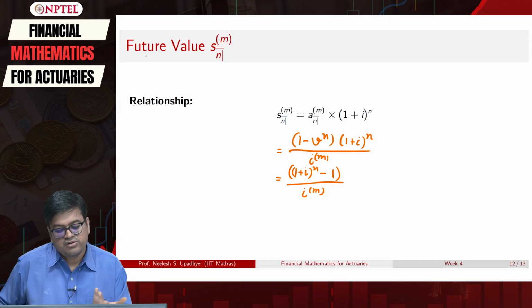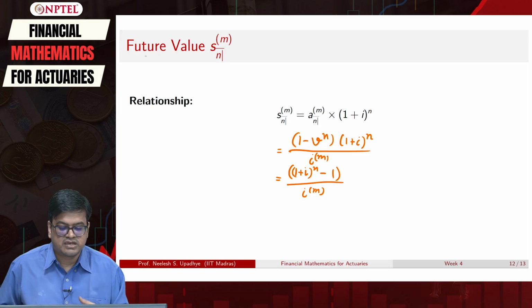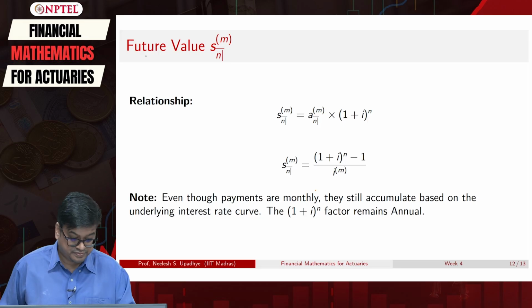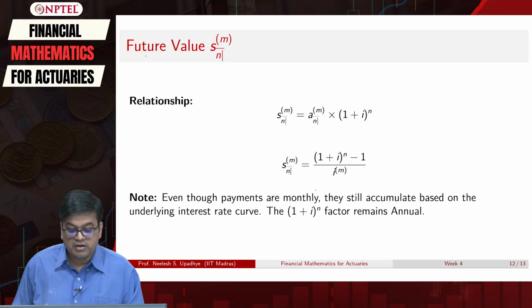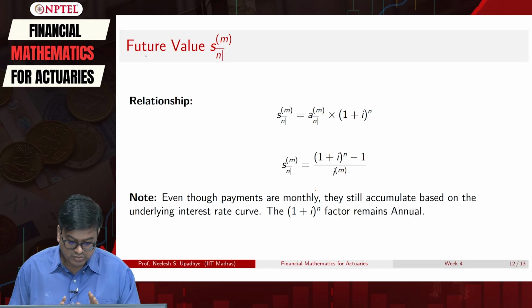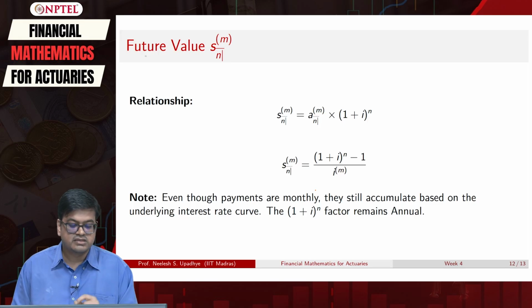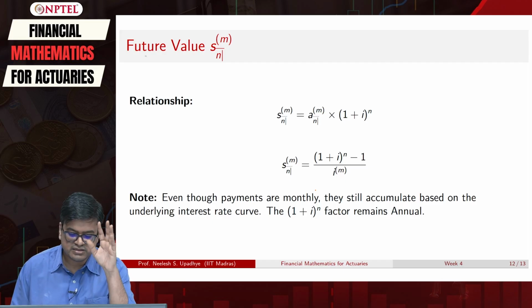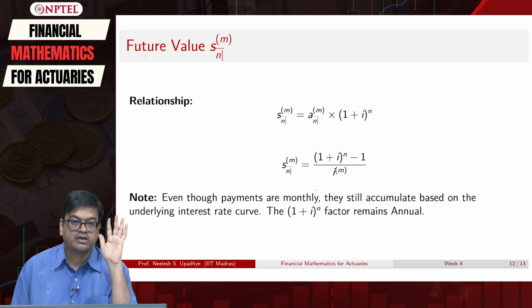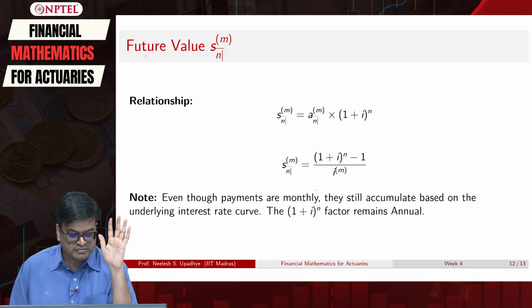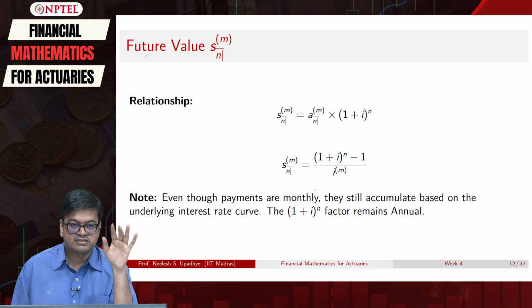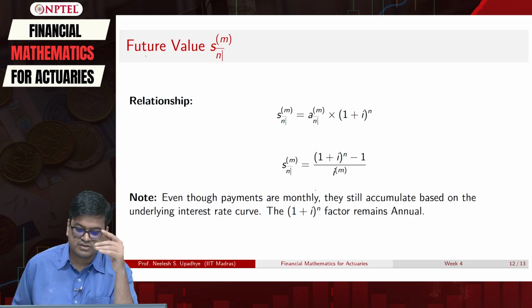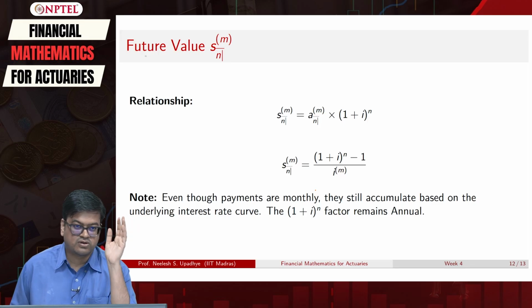So this is how we will get the relation. You do not really have to memorize this relation. If you are asked for a future value, look at how many periods and just multiply by 1 plus I raised to n. Now, one note that we have to observe is that this I that I am writing is the effective interest rate, because this effective interest rate is the annual interest rate which will remain annual. We do not have to worry about it. So the numerator, as it is multiplied by 1 plus I raised to n, gives you the connection with future values. That is true for all other calculations also.